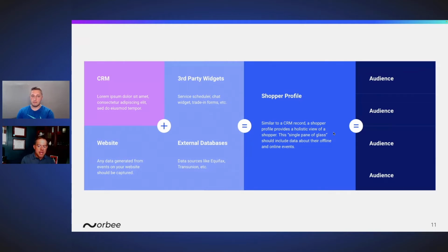And we're trying to make sure that we can mix the data that we might already have, having been in business for a long time, and now we're going to take that and through a system like Orbee, we're going to try as hard as we can to send messaging that makes sense to that consumer so that they'll engage with the messaging. And when they take action by clicking a link, what you were talking about with identity resolution,